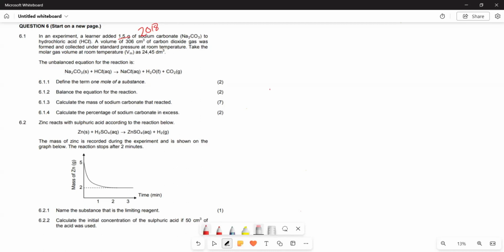Now let's see what we can do firstly here. The first question requires us to define what 1 mole of a substance is. So 1 mole of a substance can be defined as the amount of substance having the same amount of particles as there are atoms of carbon 12. Which means we are saying 1 mole is the amount of a substance